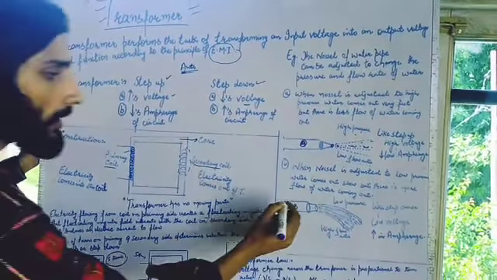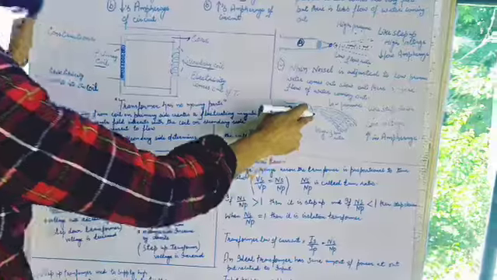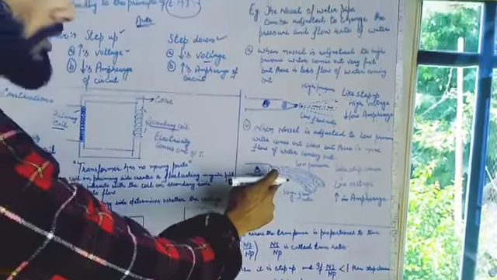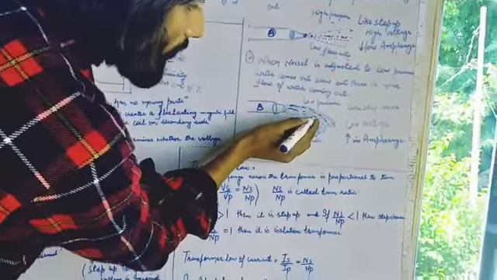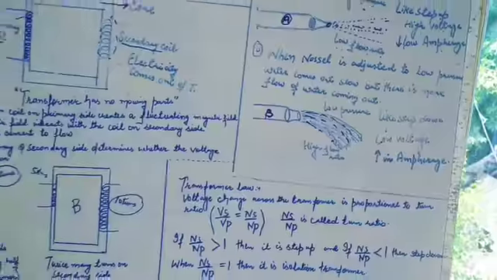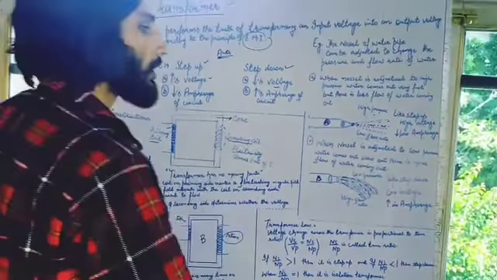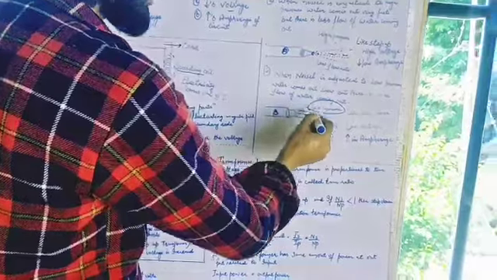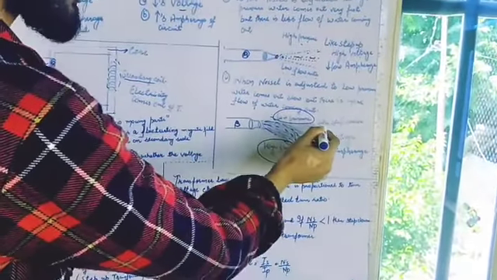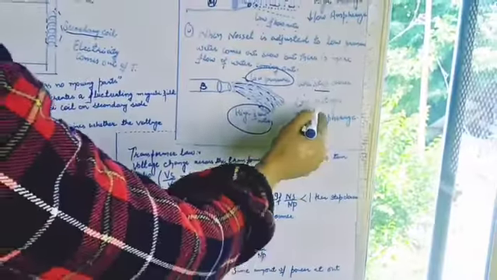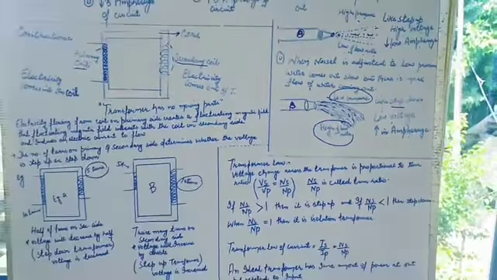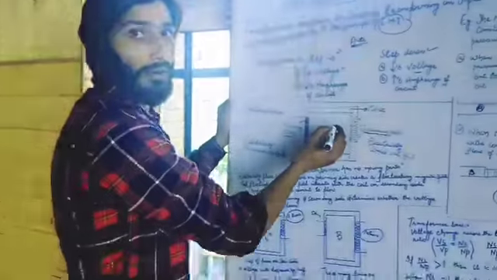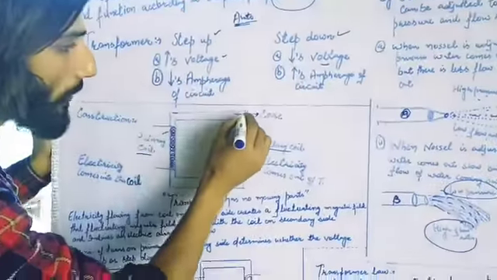Similarly, in example B, when the nozzle is adjusted to a low pressure, the water comes out very slowly, but there is more flow of water coming out. So there is low pressure but high flow rate. That is low pressure, equal to the step down transformer, that is, low voltage and an increase in the amperage.